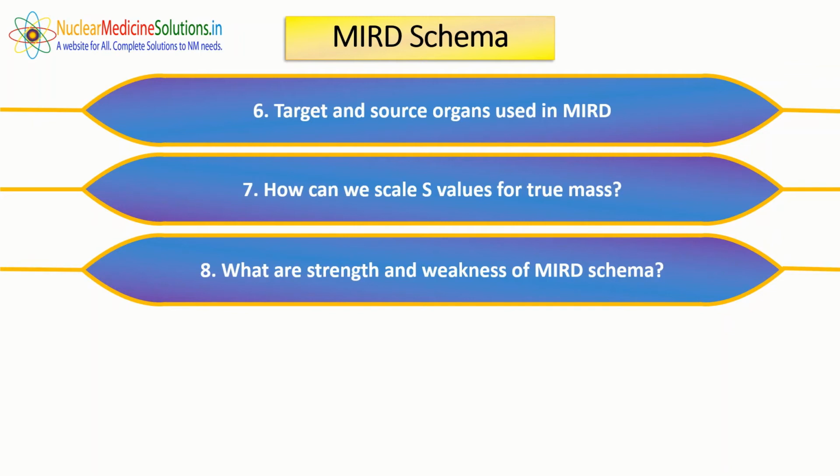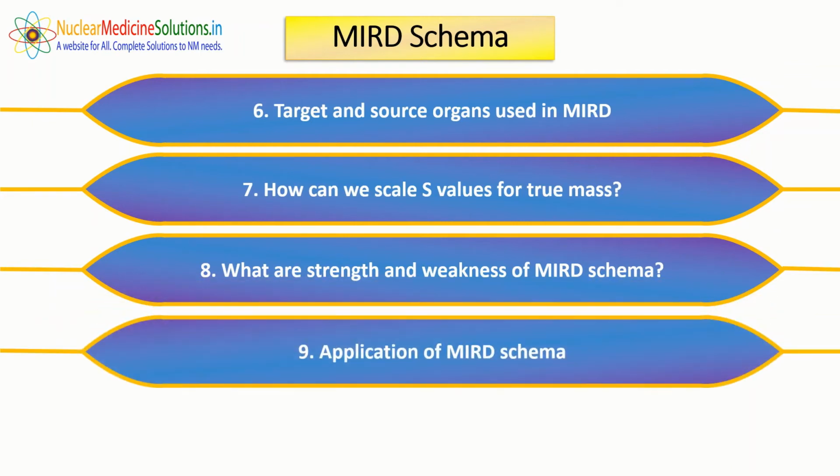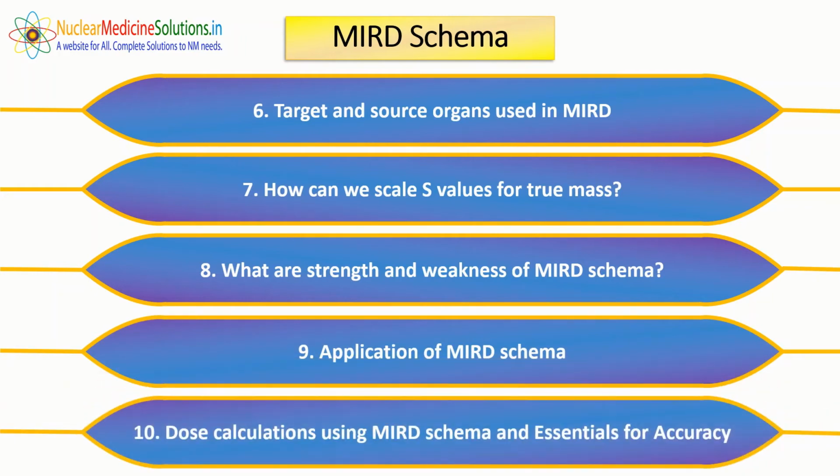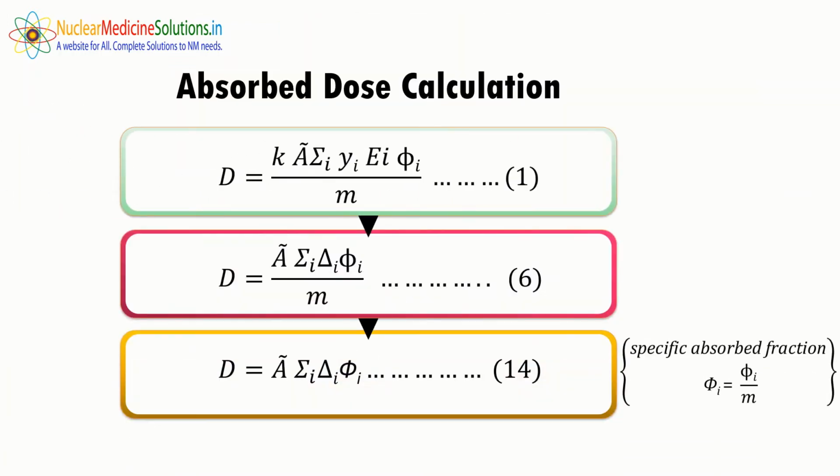We are going to see the strengths and weaknesses of the MIRD schema, the applications of the MIRD schema, and finally how dose calculations can be done using the MIRD schema and what essentials are required for the accuracy of these dose calculations. So let's find the answers to all these questions and begin with what MIRD is and why it was needed. To find the answers, we'll have to see a little bit of revision of the last presentation,